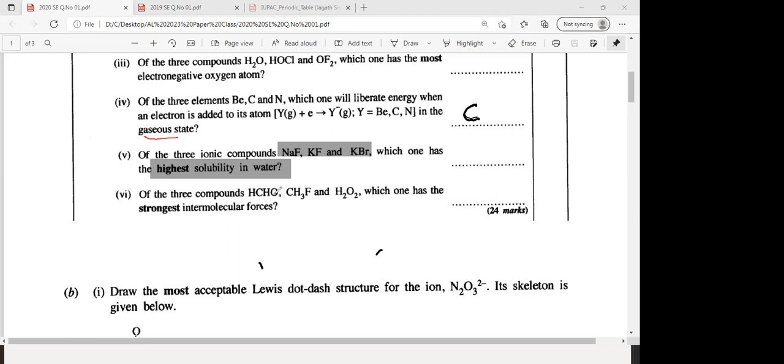Remember, dissolving of an ionic compound in water is an endothermic process. Heat is absorbed to break down the ionic lattice. Which ionic lattice can be easily broken down, and then you get... I think you have done, I don't know,